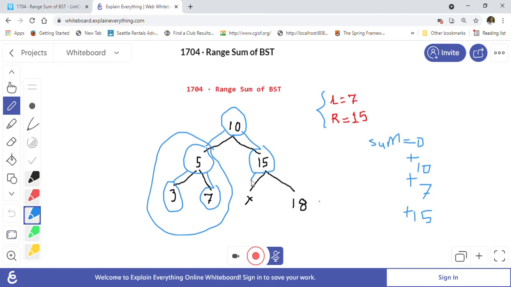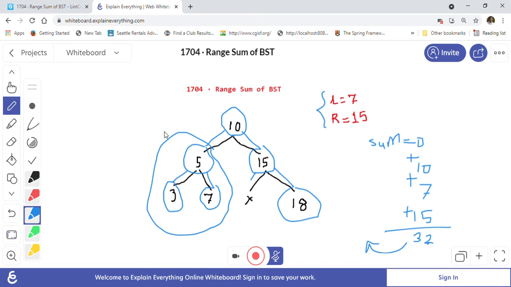Left is null, so we don't have to do anything. Then we visit the right, 18, which is not within this range. Finally we calculate the sum, which is 15 plus 7 is 22, plus 10 is 32. So we return this 32 as our answer.